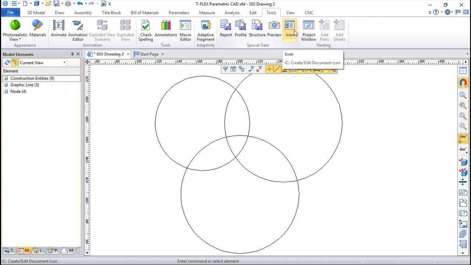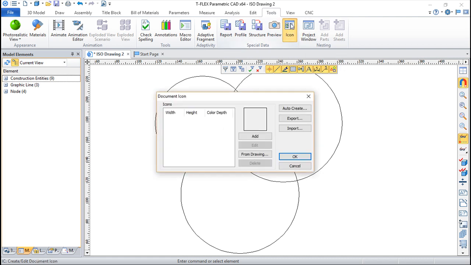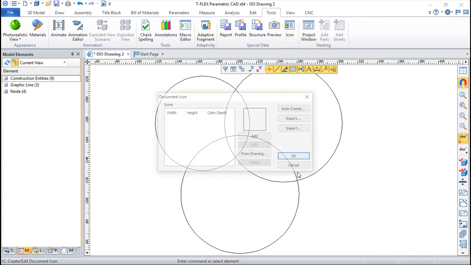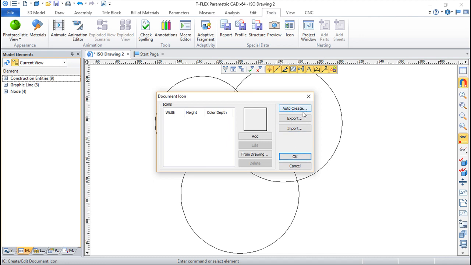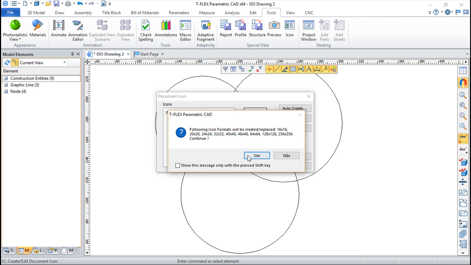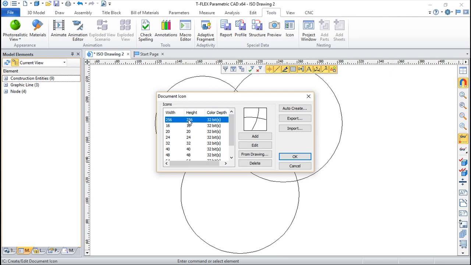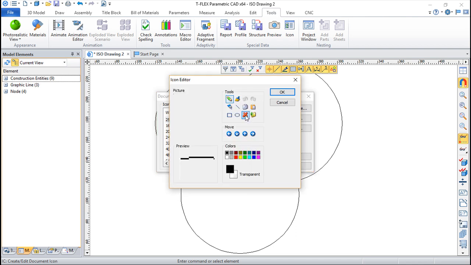The second function is the function icon, and we can create an icon. We can create several things. We can do it from drawing, for example, selecting also an area, or you can do this auto create, which will choose from all these dimensions, for example, and then we can set one of the areas, and we can either export it or import it, but before we can edit and make this kind of function, in this particular case